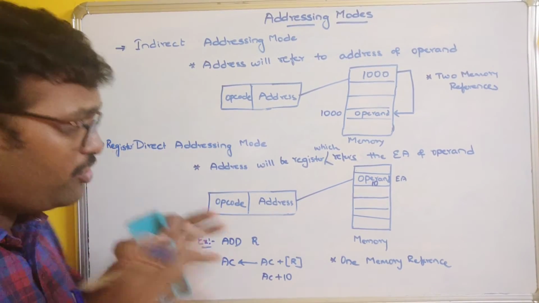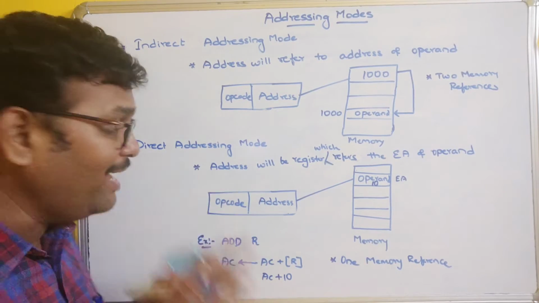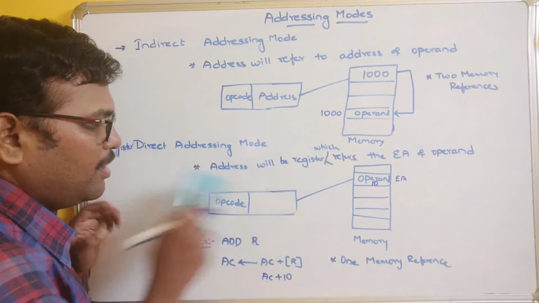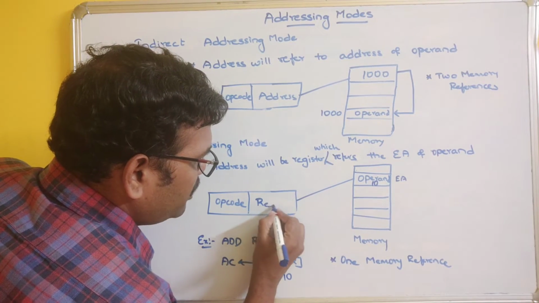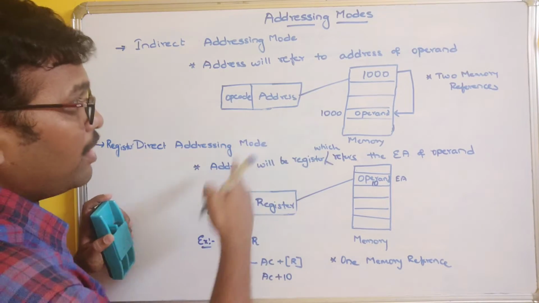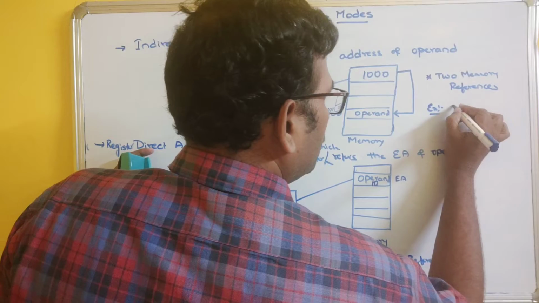So this is also similar to direct addressing. But what's the difference? Here the address will be stored in the register. So instead of address we will call it a register. For this one the example will be some add